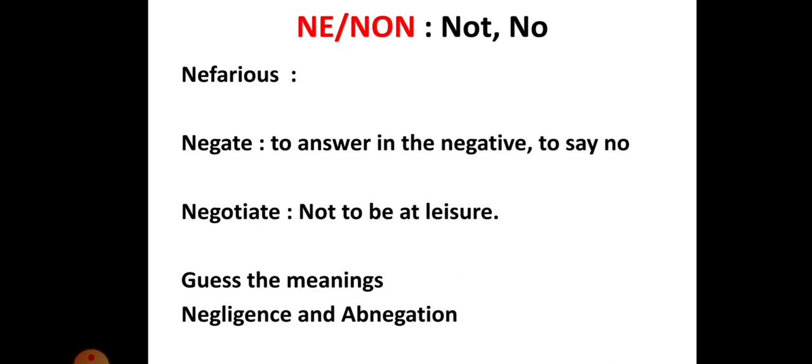But what is abnegation? See, abnegation is a combination of two different root words. Ab, which means away, we have already learned. And now you have ne, which means again not, right? Abnegation: ab is away and ne is not. That means you are away from allowing yourself to have something that you want. So the act of not allowing yourself to have something that you want is what is meant by abnegation. And to put it in simple words, abnegation is the act of rejecting something. Ne is not accepting something here. Okay, so abnegate is to reject.